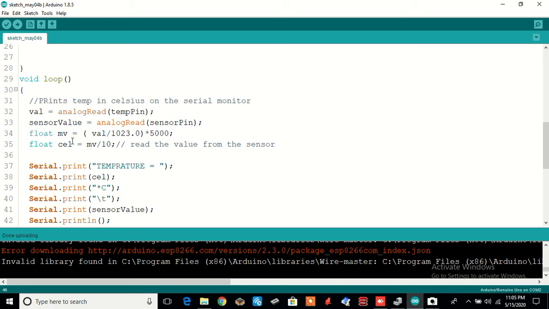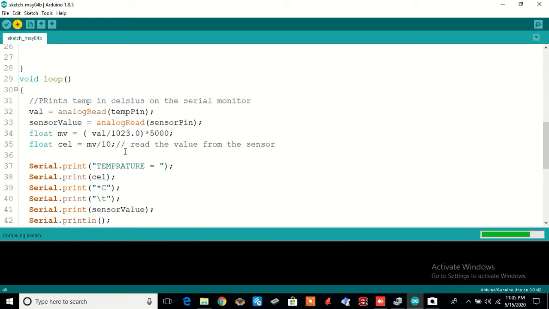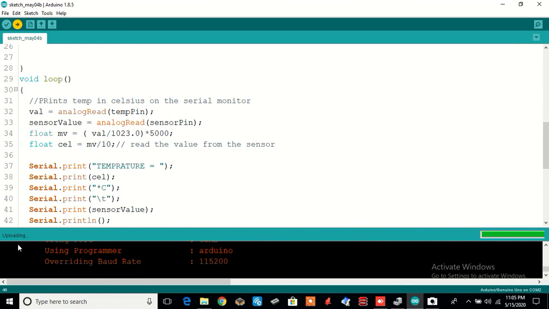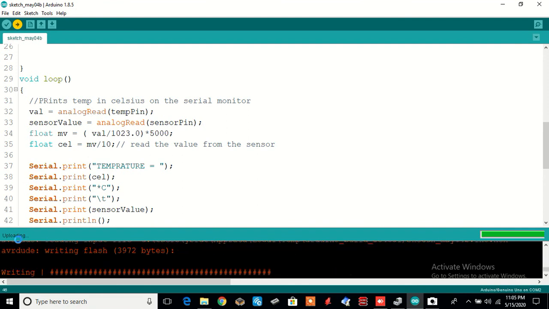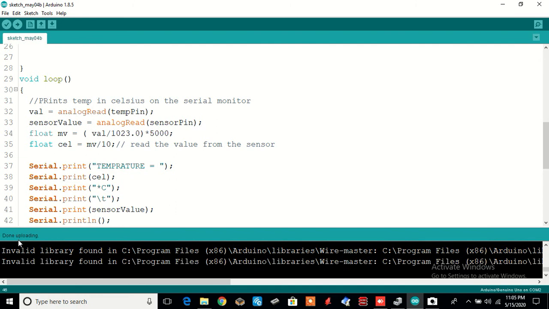Once you write this program, there is something called compile, that is verify and upload. If I click upload, this entire program will be compiled, and uploading also takes place. That means this whole program will be loaded into the flash memory. Now the program is done uploading, so it is compiled and loaded into the flash memory.